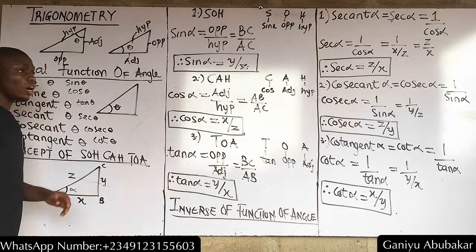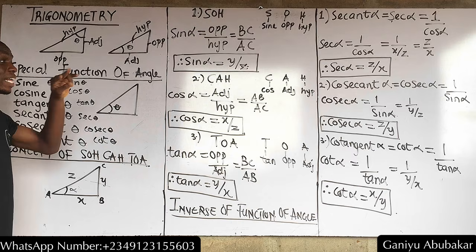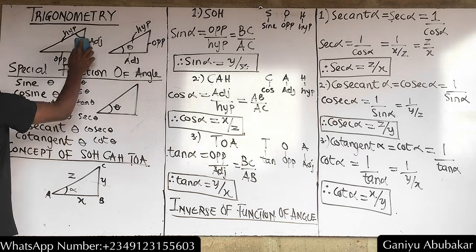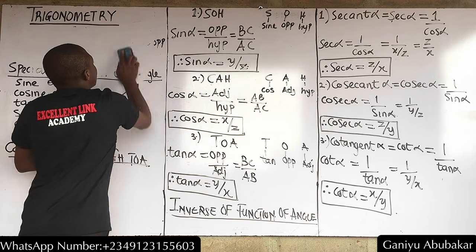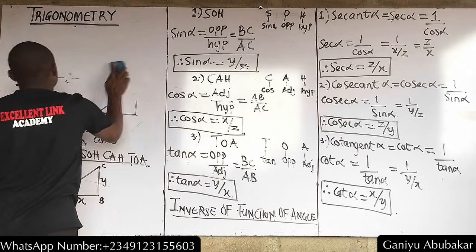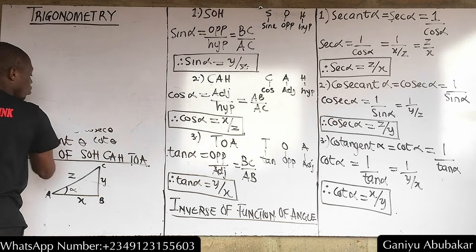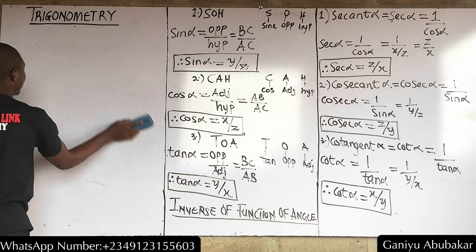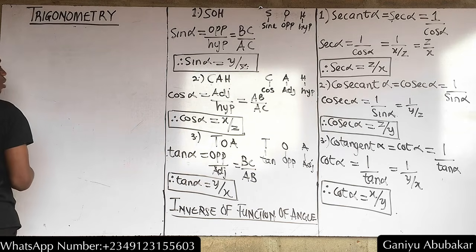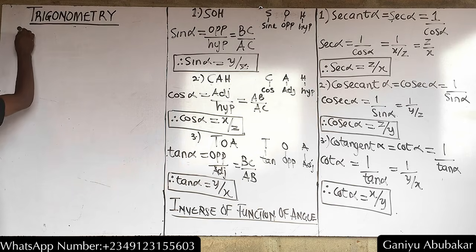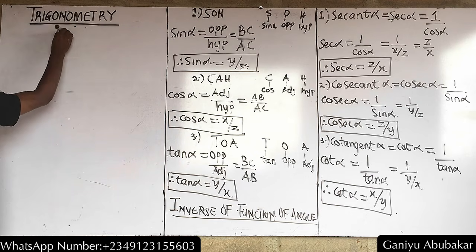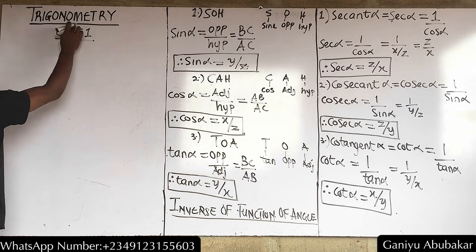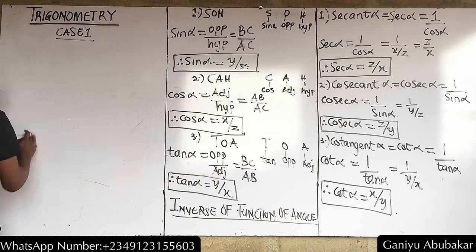Let's discuss one last thing. Two last things, right? Two more last things. Then we end today's class. Let's discuss two concepts and end today's class. What are these concepts? Case 1. The two concepts include case 1 and case 2. For case 1,